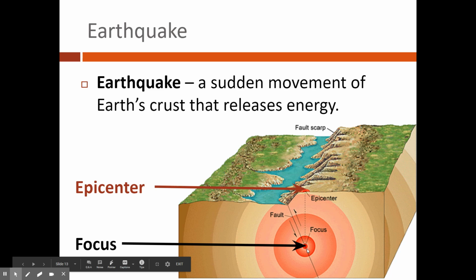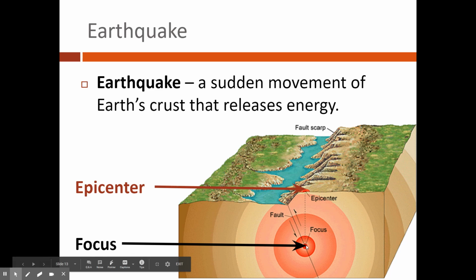The focus is the point below the Earth's surface where it slips and breaks. Okay, so that's the focus point down below the ground. Now, you've probably heard of the term epicenter. The epicenter is the point directly above the focus. So if you follow that on up to the top here, the epicenter is on the surface directly above the